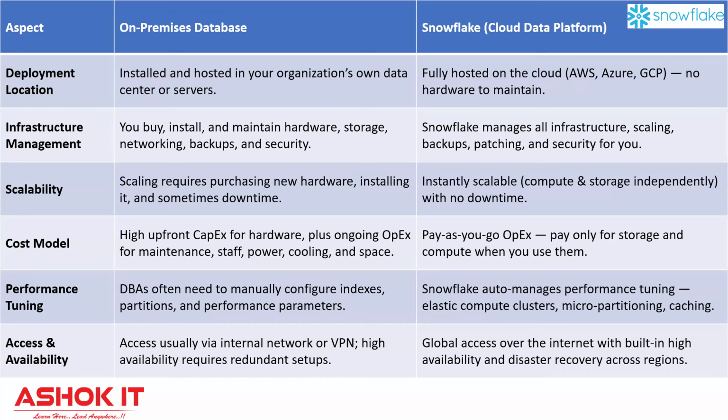So on-premises database, have you ever heard about Oracle, DB2 kind of databases? Those are on-premises databases. But nowadays, because cloud came into the picture, like AWS, Azure Blob, and GCP, because of that competition, they also moved into their own cloud. So we will understand all the points related to on-premises database and what are the good features we overcome, what were the issues we were facing in our on-premises database.